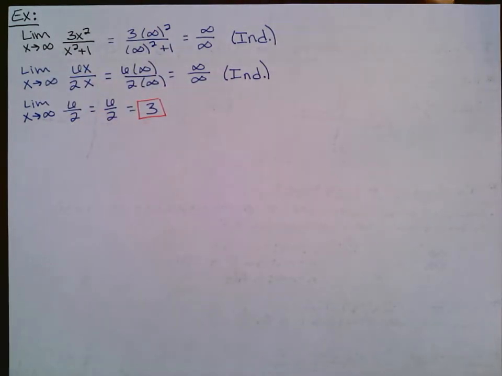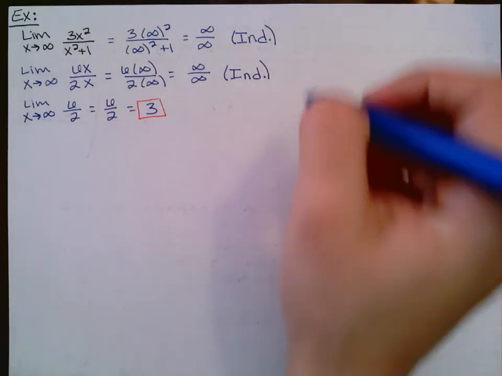So the reasoning behind why the answer is 3, back in the day, like I want to tell you about 5 years ago, L'Hopital's was not allowed on the A/B test. You had to do it algebraically. Then they started allowing it, and the shortcut was allowed. So if you do this algebraically, okay,